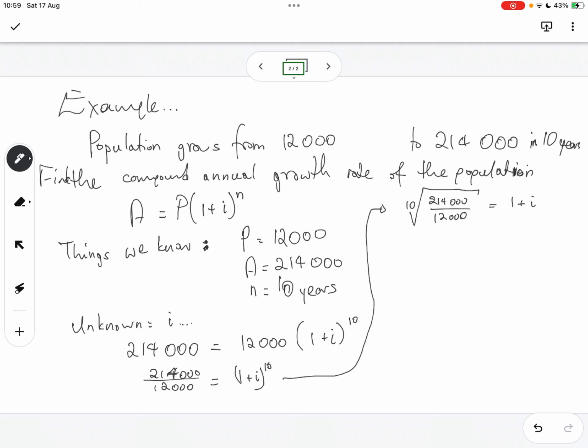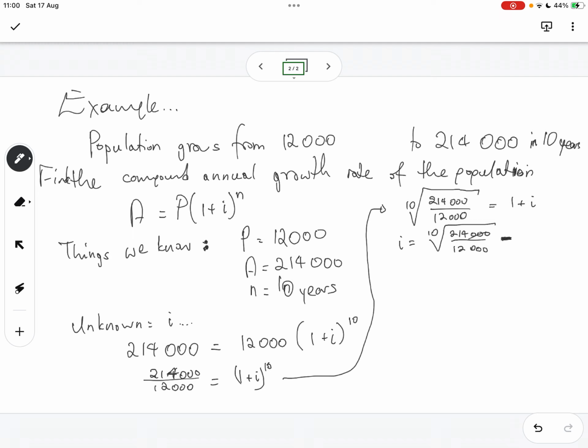You know how to do it for yourself, right, like in a test? Yeah. Okay, cool. Then this leaves us with the interest rate equaling, if we take additive inverses, the 10th root of